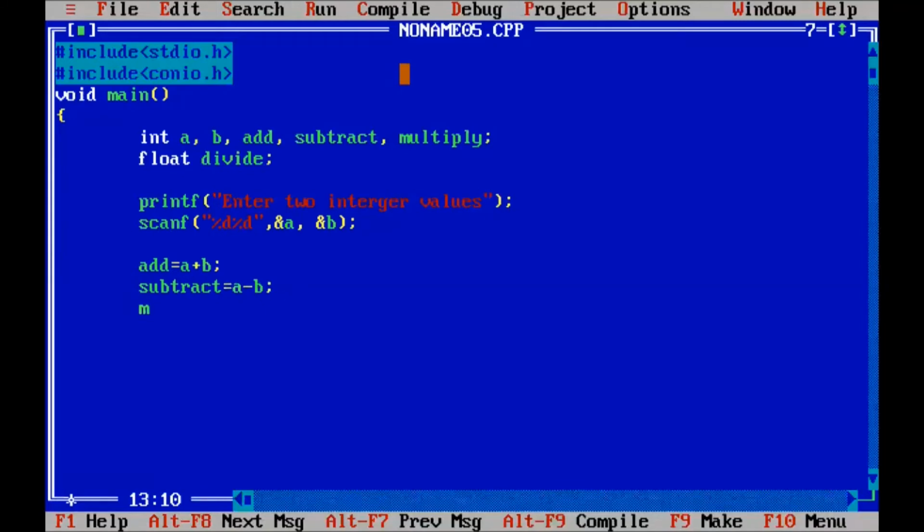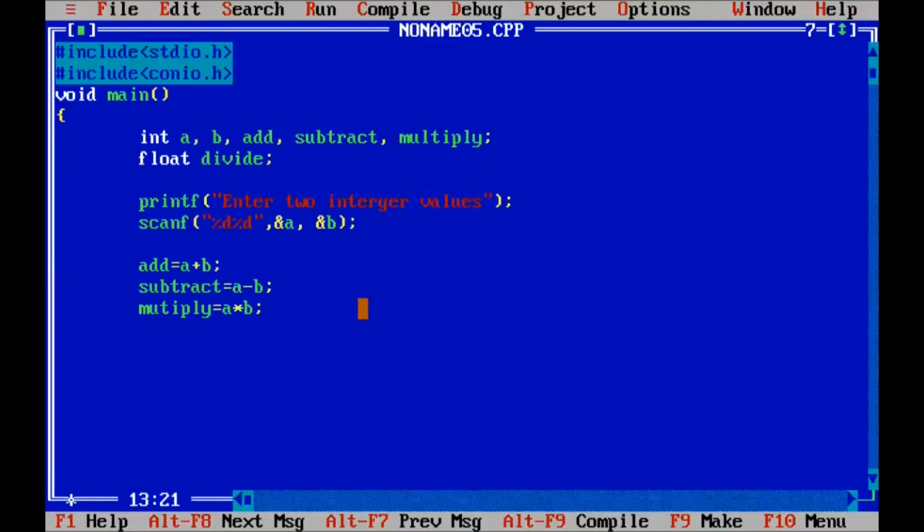Similarly for multiplication: multiply equal to a multiply b.